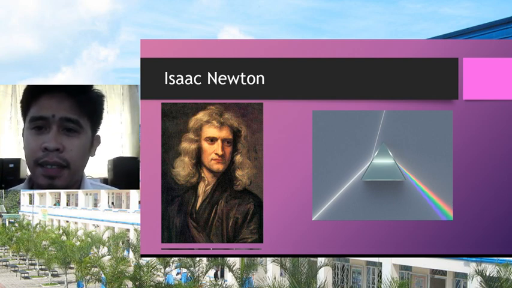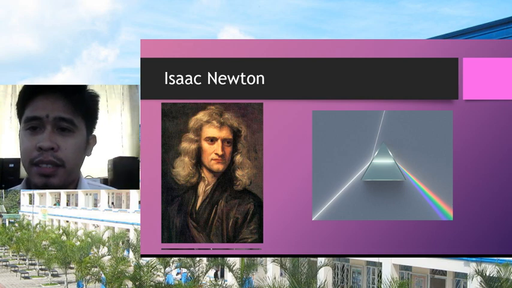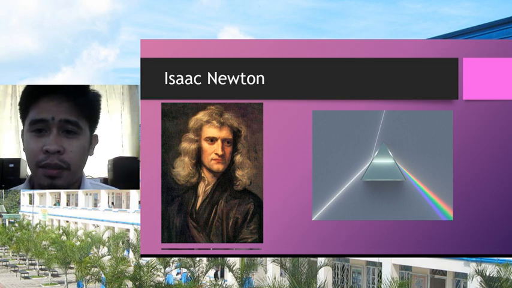He listed these colors in order starting from red, orange, yellow, green, blue, indigo, and violet. Today, we know that the colors seen by Newton were actually red, orange, yellow, green, cyan instead of blue, blue instead